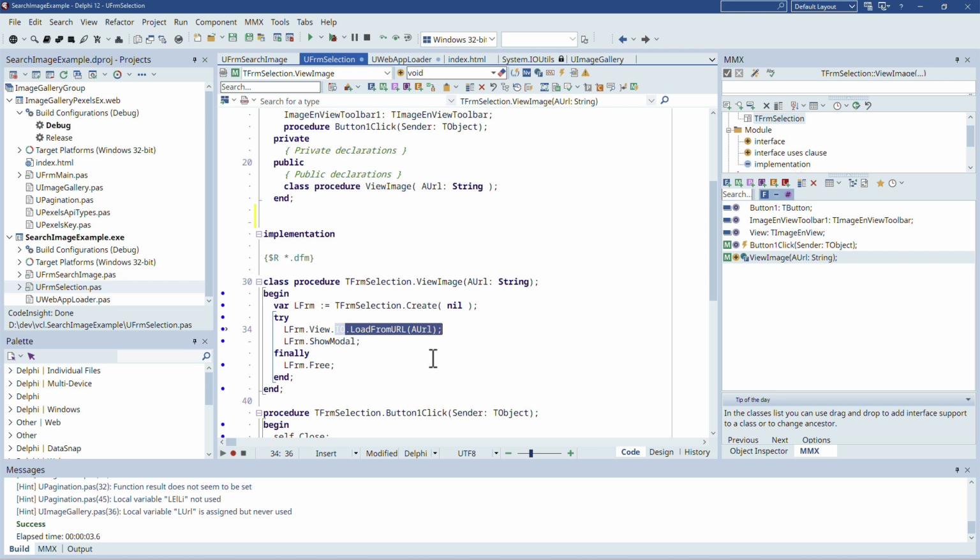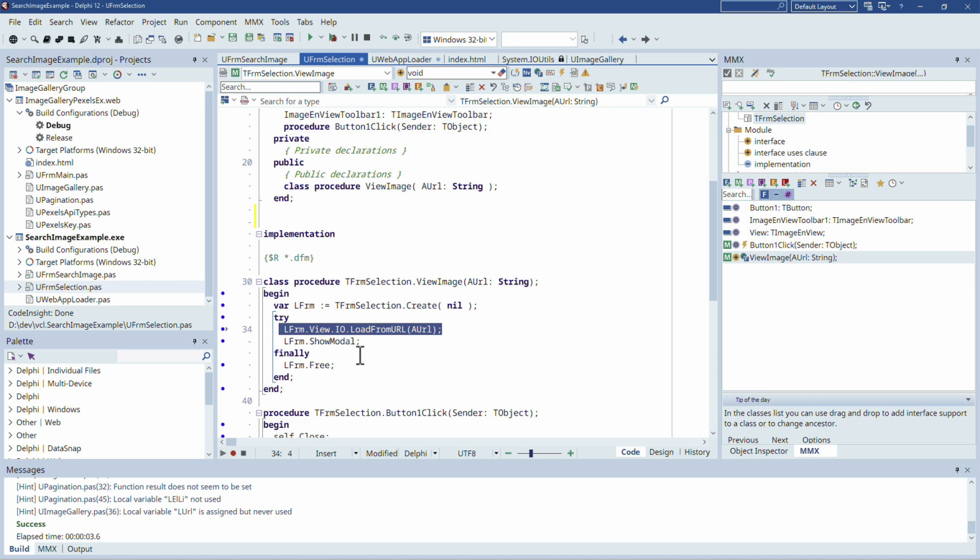And the file formats are plenty. In my latest book, I mention all the file formats that are available with Imagine. I also use it for the example that I created in my Modern Software Development with Delphi book. I mention how you can load different file formats in here. So you don't have to pay attention if it's a JPEG, a PNG, Photoshop, everything is supported, especially the file formats that are used by Pexels. So you don't need to worry about it. The only thing you need to do is call LoadFromURL, and the image